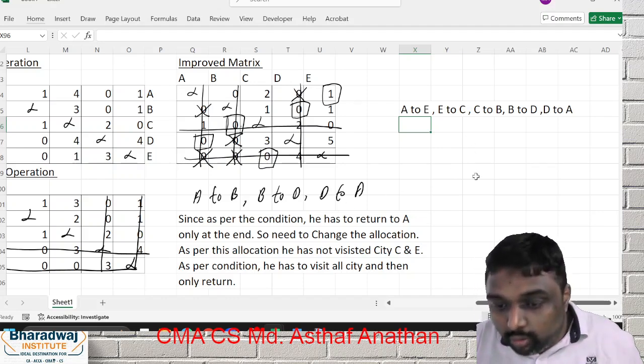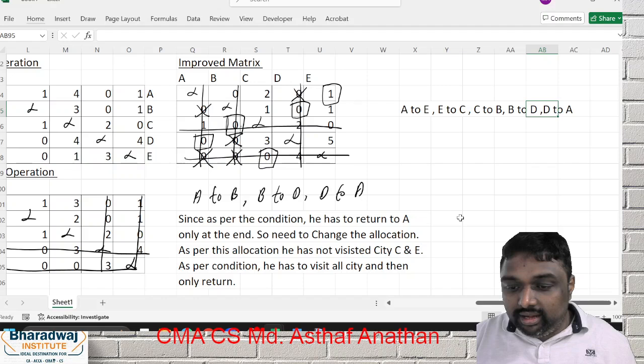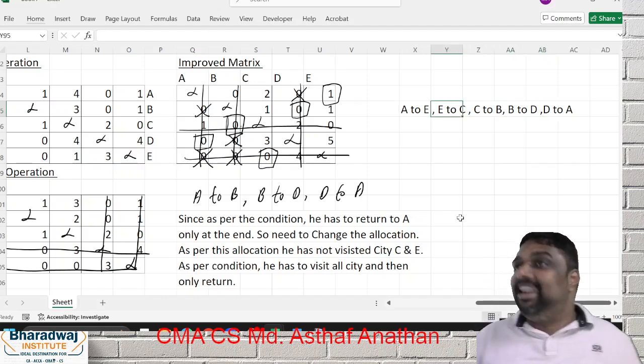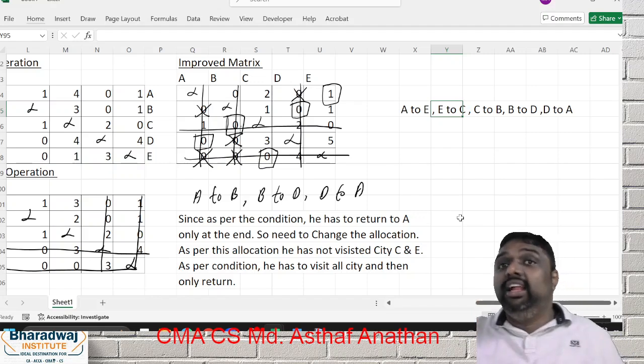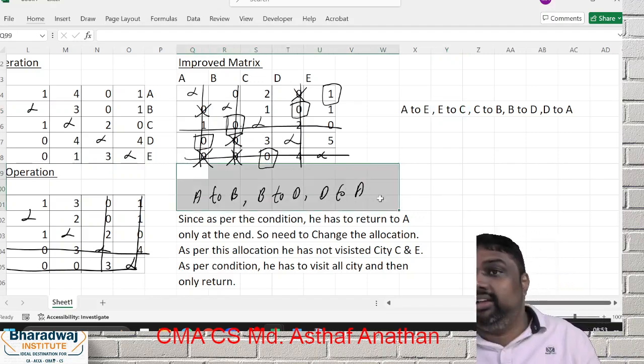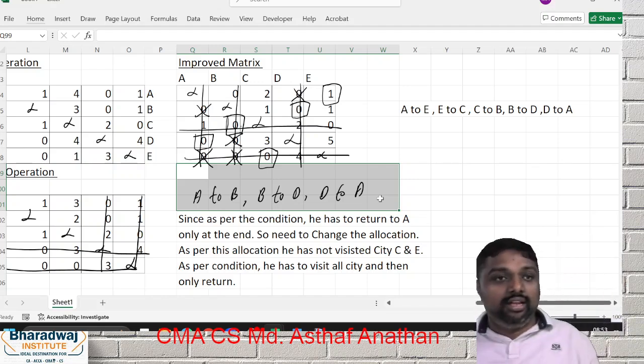You went to all the cities. See, you end with B here, C here, D here, E here. It means you went to all the cities. All the conditions are satisfied. This is generally a normal traveling salesman question. You will get the answer here itself. But in our question, it is not there. So what do you have to go for? The next list.